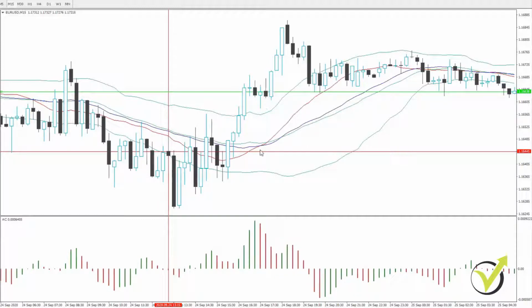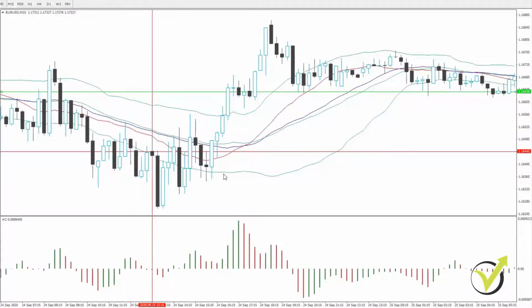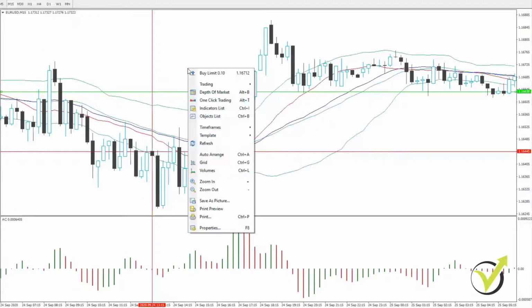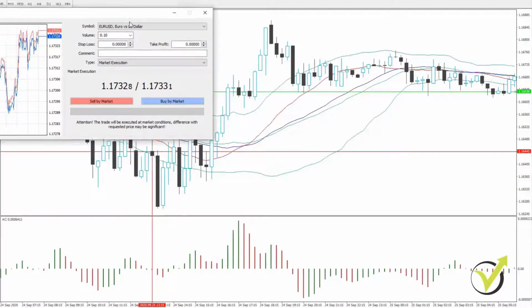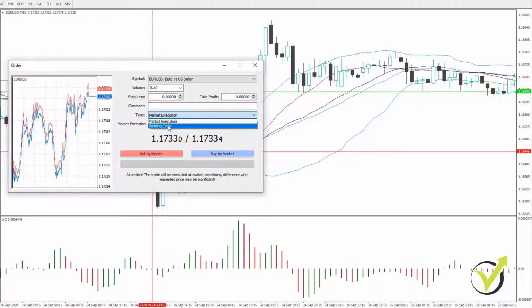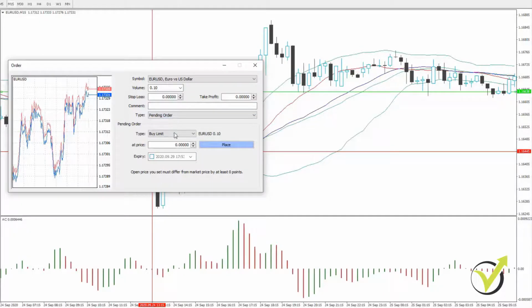It brings quick profits, and as well we have a stop loss and a take profit, which means that when we place the trade, so in MetaTrader you can use the one-click trading, which allows you to buy and sell faster when you see the signals, or you can go to trading, new order, and from here we can enter the price, the different type of order we want to use. Is it a pending order? If it's pending, it means that we put the price at which we want to enter, and we have the option to put the stop loss and the take profit.